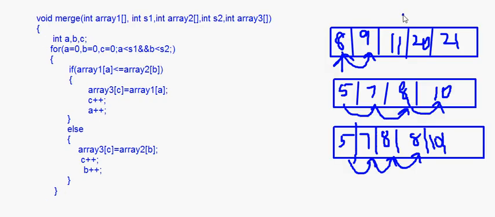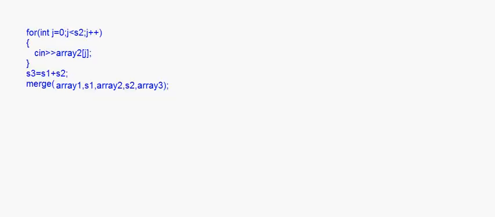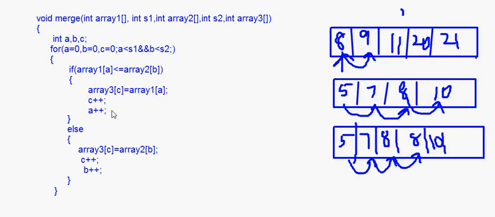If you look at this, this is array 1, right? A is still less than S1. S1 is the size of this array, but B is totally finished. So here these elements 11, 20 and 21 will be put here. Array3[c] = array1[a], c++ and a++. So these elements we will keep on putting like this, 11, and this will be advanced here, this will be advanced here, then 20 will be put. So this goes on and 21 will be put, right?